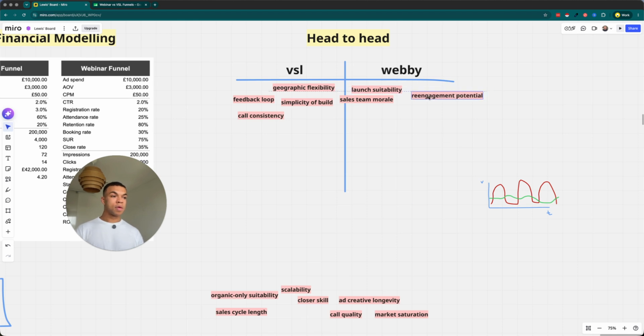Re-engagement potential. Webinar is going to win on that. And what I mean by that is essentially leads in your pipeline that you can keep fresh and you can keep remarketing to and actually having a chance of closing again. We will see that some people will actually show up to like 3-4 webinars before they even book a call and actually close. So the fact that you've got that continuing to go means that you can actually keep working with the leads that you do have in your pipeline